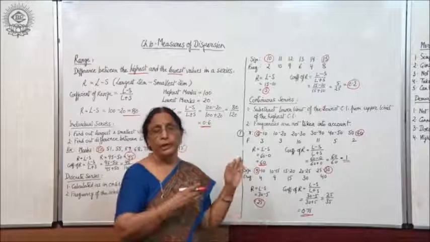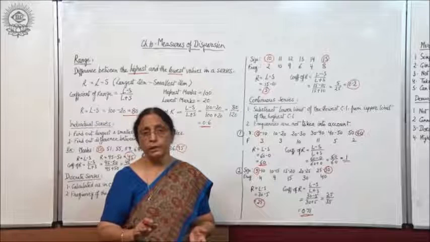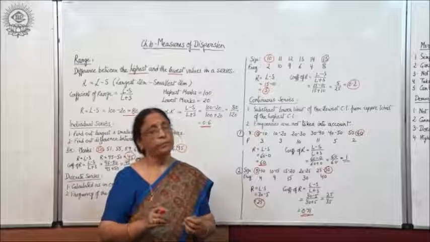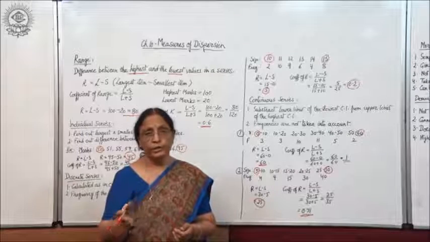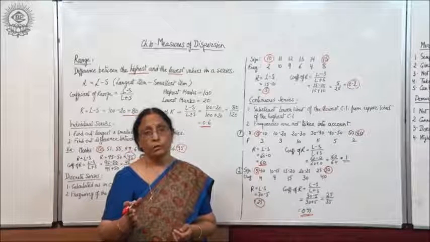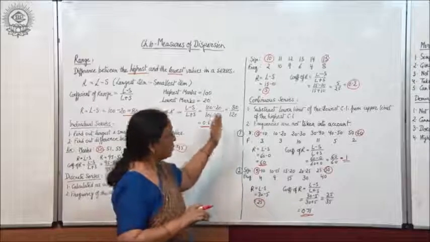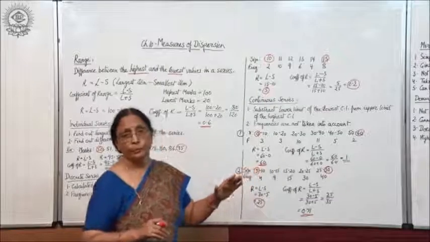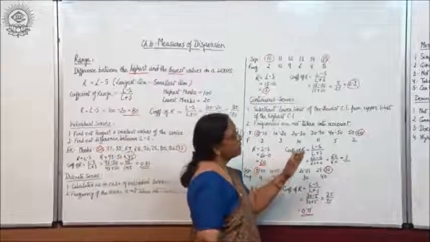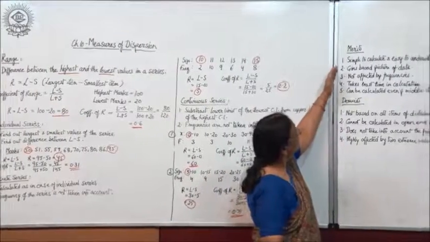So, this way you can say that range is calculated ignoring frequencies, and it is a very simple way of calculating. If we compare the methods of calculation in other measures of dispersion, which are a little difficult and tedious also, this is the simplest method of calculating a measure of dispersion. Now, let us see its merits and demerits. Merits: first,